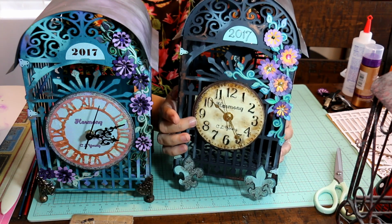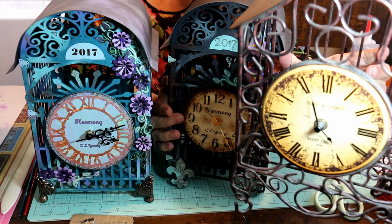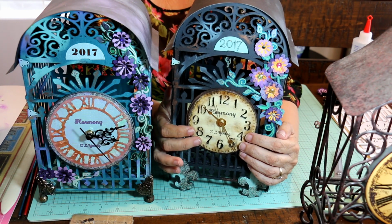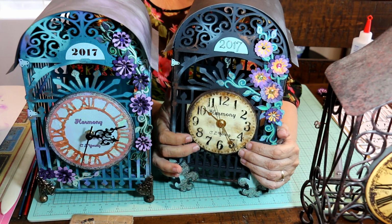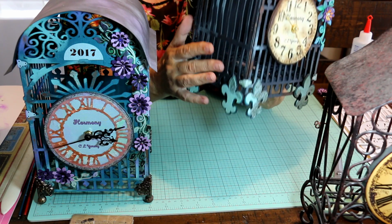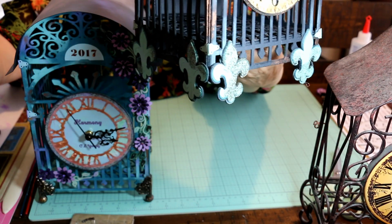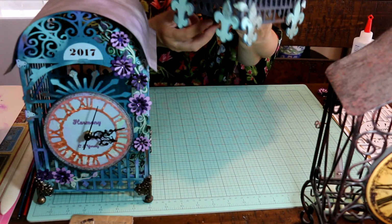As I said, this one I tried to make the clock face look like the one on my original clock, which is over here. So I distressed it with vintage photo. I actually painted it with Tim Holtz crackle glaze, just to give it a bit of a vintage feel to it. And that clock face, as you can see, is smaller. And then of course it's got these fleur-de-lis feet, one on each corner, which I didn't show you how to do, but I'm sure you can work that one out for yourself. And they also have some of this verdigris embossing on, and a little bit of distressing on in the copper,